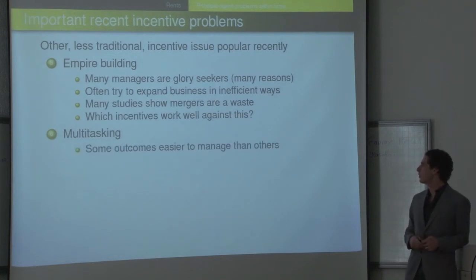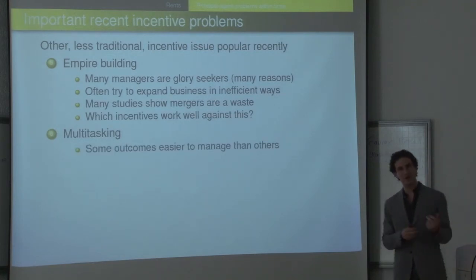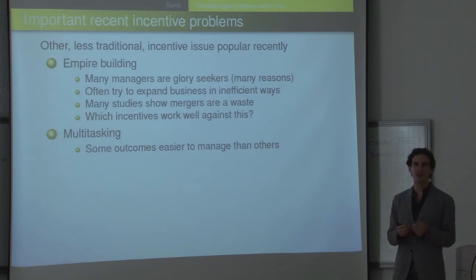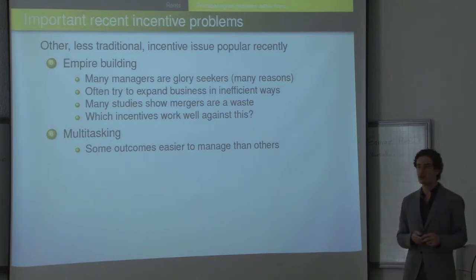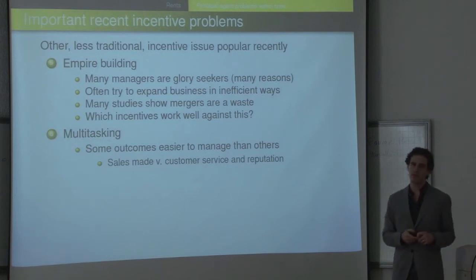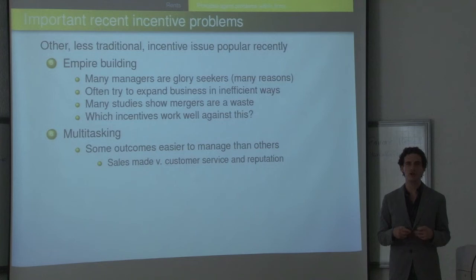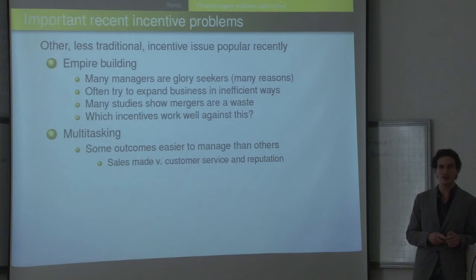Another example, which will go the opposite way, where you might want the softer incentives and not the hard incentives, is when there are some outcomes that are easier to measure than others, right? So it might be really easy to measure the sales that you make, but it might be really hard to measure whether you give your consumers good information about it. If you don't give them good information and you make a lot of sales, you might sell it to a lot of people in a really dishonest way, right? And that might not actually be so good for the company because in the long term, no one's going to want to buy from that company, right?